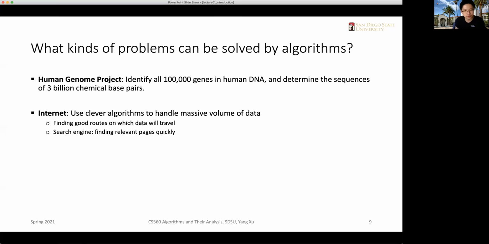We are now so used to the accessibility of data from the internet, and we often overlook the underlying algorithms that help us transfer data among routers, among servers, to our clients, to transfer massive volumes of data so quickly and accurately. There are actually very sophisticated routing algorithms involved, and we will introduce some of the ideas in